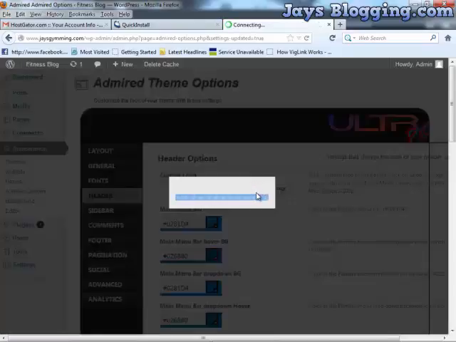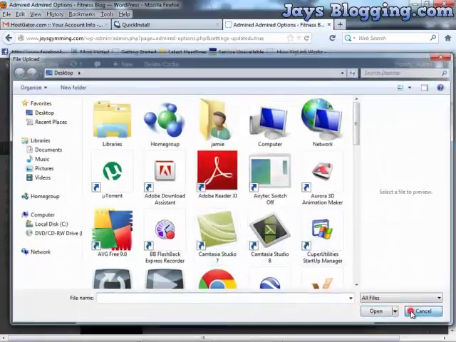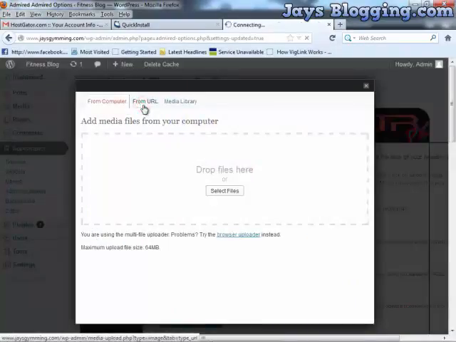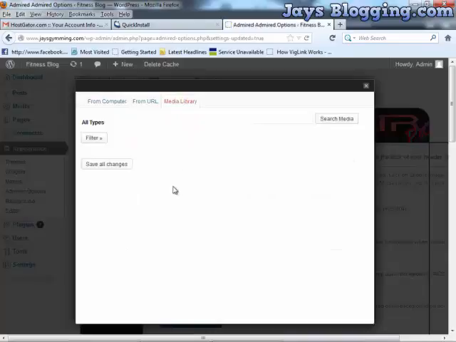So I'm going to click Choose Image, click Select Files. If you want to, go back, you can click From URL, and you can add in the URL of the image if it's on another website, and it will show up. Media library. The media library is specifically for your WordPress dashboard, so every time you use an image it will automatically be stored in here in case you need to use it any other time. But we're going to click From Computer because I've got one in mind,